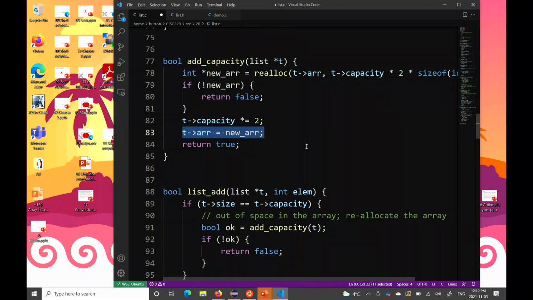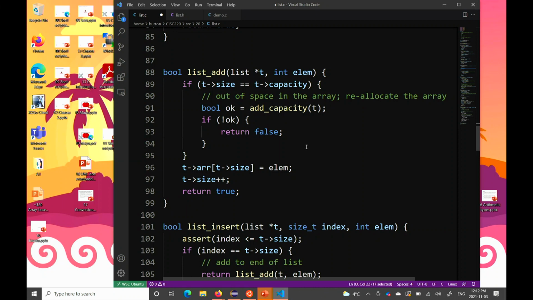Okay, now that I've got add capacity, add is not so bad to implement. For add, I want to add that element to the end of that list. So what do I have to check first? I have to check, is there space in the array to put the new element? How could I check that? Well, if the size is equal to the capacity, you're out of space. The list is full. So call my add capacity function and check the return value. If that failed, I have to return false,